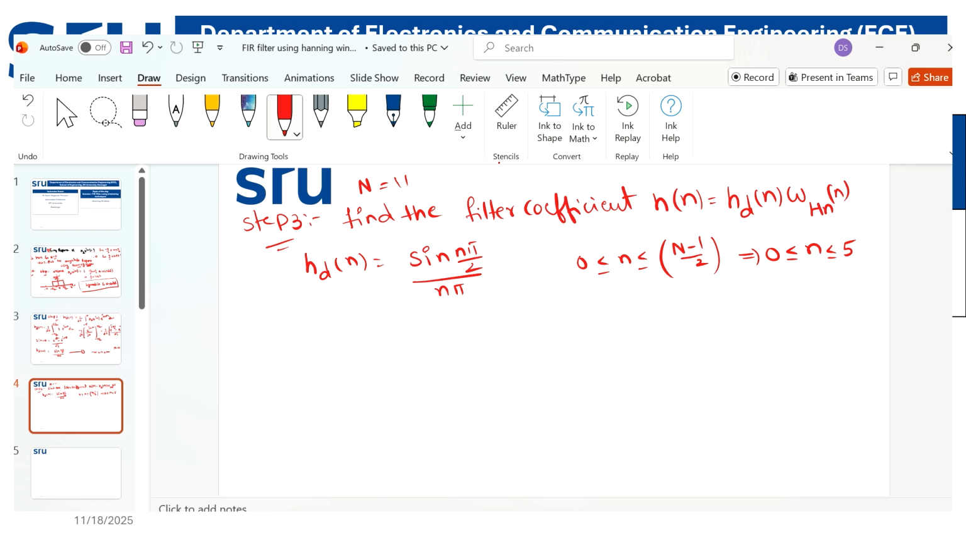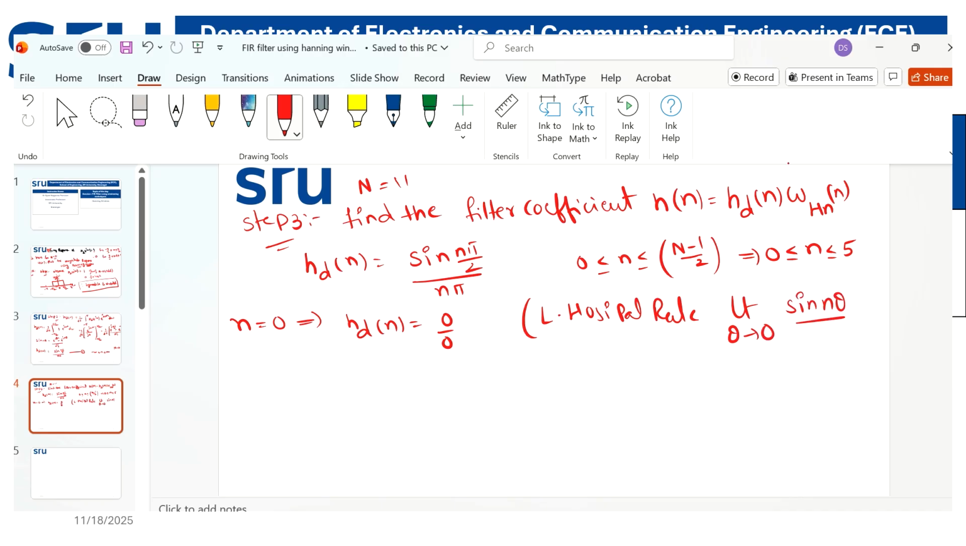So in general it should be minus 5 to plus 5. If you are taking the 0 to 5, same values for minus 5 to 0. Now if I substitute n is equal to 0 in the above expression, I will get 0 by 0 format. So using the L'Hospital rule, as theta tends to 0, sin n theta by n theta is equal to 1. So using the same L'Hospital rule, because whenever you are getting the 0 by 0 format, you have to use